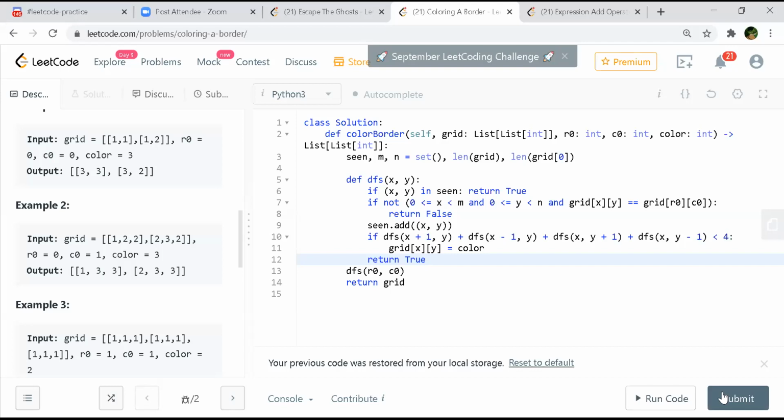But isn't the second part that anything which is on the border, on the boundary of the grid, also should be colored? I thought that was irrespective of whether it's... or I don't know if I got it wrong. No, what you're saying is correct. If it is on the grid border, that also should be colored with the new color. Yes, Shashank, so you are also handling that, right? That also is on line 7.